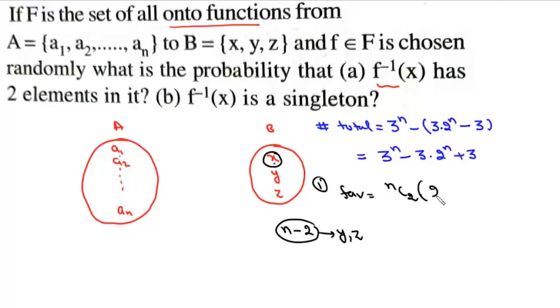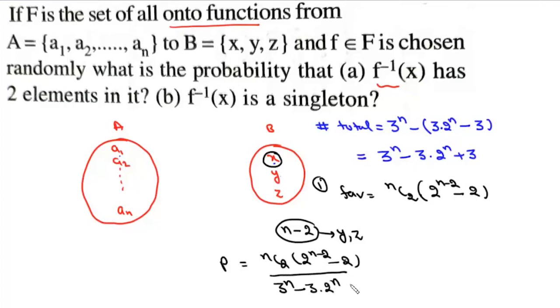So the total number of such functions is 2 to the power n minus 2, minus 2 cases when all of them are mapped either to y or to z. So the required probability will be nC2 times 2 to the power of n minus 2 minus 2, divided by 3 to the power n minus 3 into 2 to the power n